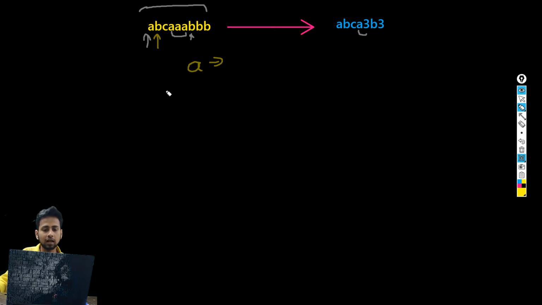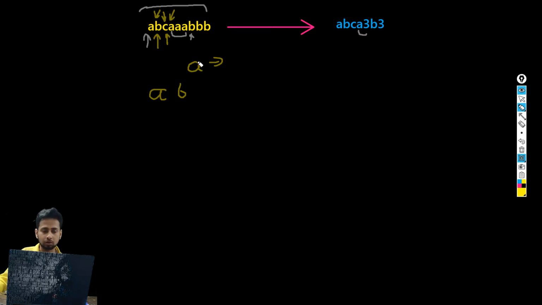So we are simply going to add a to our string. Then we come to b, and our pointer now points to c. So we are going to use two nested loops. i is pointing to b and j is pointing to c. Again we compare, is b equal to c? Both are not equal. And what is the count of b, like how many times has b actually come? b has just come one time, so we simply write a, b. Then we do the same for c and a. i is going to point to c and j is going to point to a.